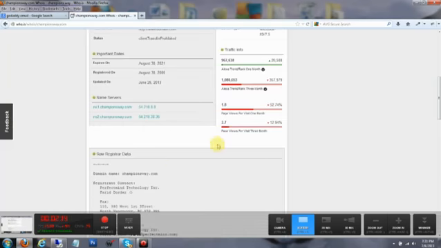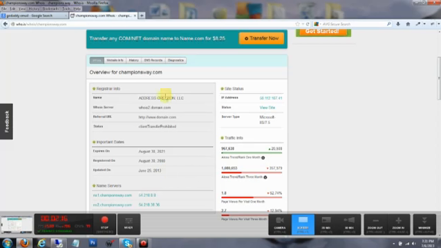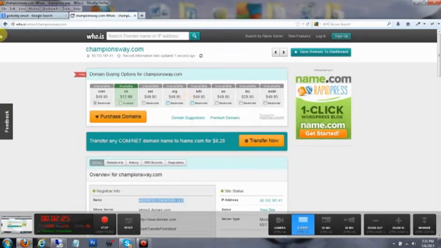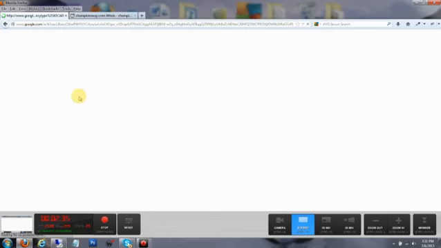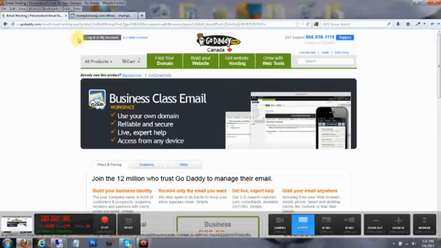So if he, for instance, forgot his username and password to their control panel, he could call Address Creations up and give them the security password that he has set up for them, and they would be able to give him login access. But for instance, let's say your domain is now hosted through GoDaddy, and you basically know this, of course. So all we would need to do is go to GoDaddy.com,